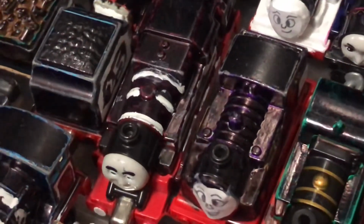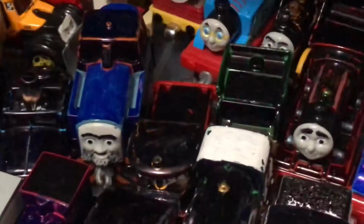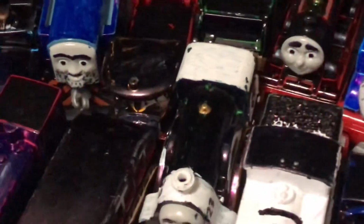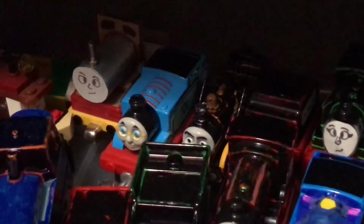Clarence, the BR Standard 3, Selena, the GNR Sterling Single, Stevie, the Rocket, Cody, the Furnace Railway K2, Bart, the Bus, Gloria, the Sentinel Steam Lorry, who I will also modify, Doc, the CESR R1 or R Class,